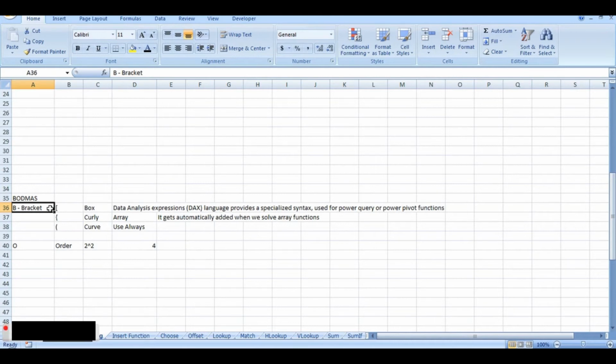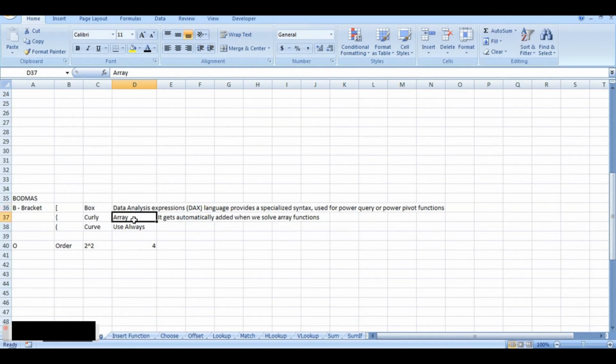If we start with bracket, there are three types of bracket: box, curly and curve. The first, the box bracket, is mainly used in Data Analysis Expressions, called the DAX language, and it is mainly used in Power Query or Power Pivot functions in Excel. So it is not used in normal functions in Excel.